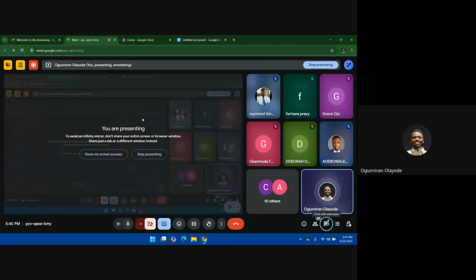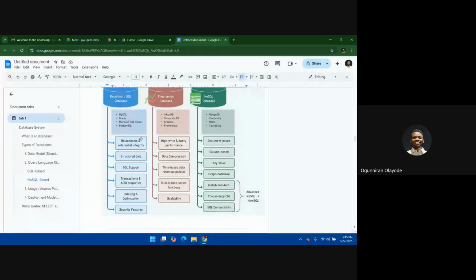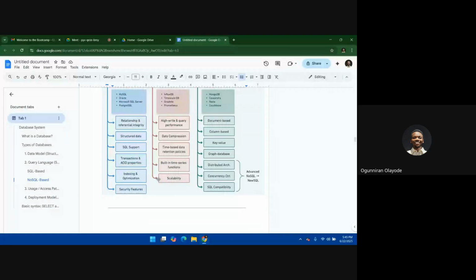So, moving on. These are the different types of databases. You can see MySQL, we have the time series database, we have the NoSQL. These are their different formats and everything like that. So that's just